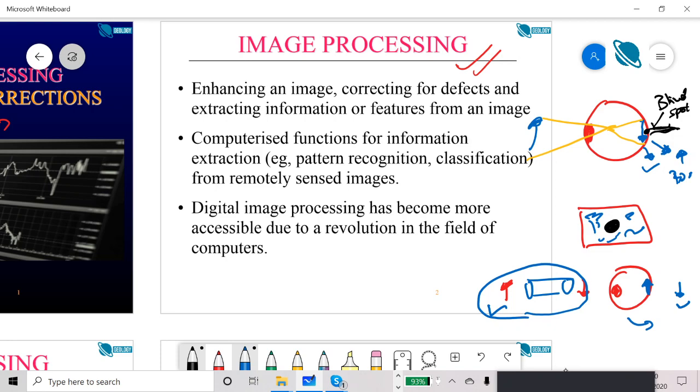So this image processing is happening in the human body, it is happening in your cell phone cameras every day, and we carry it out in remote sensing also, because the raw images that you acquire may not be best suited for interpretation. So enhancing an image or correcting for defects and extracting information or features from an image, all these processes come under image processing. Nowadays image processing is very well established, and what we call is not just image processing, it is digital